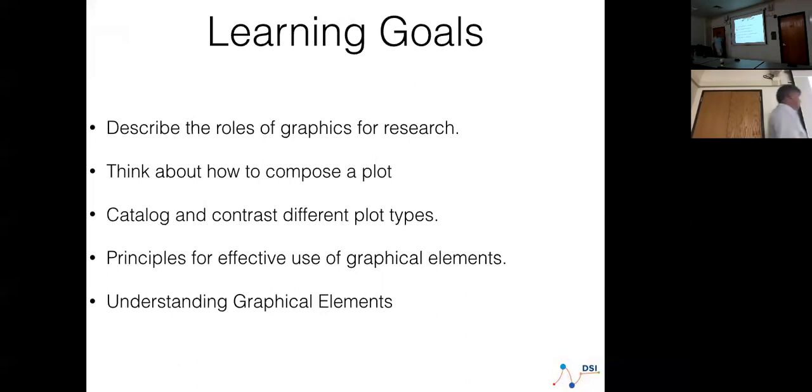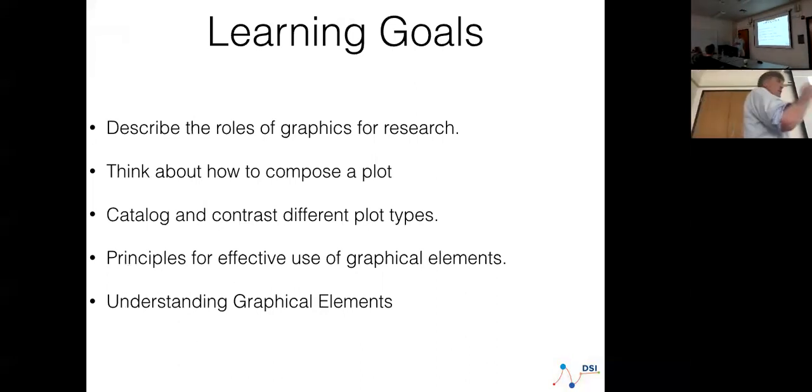I want you to think about how to compose a plot, not how to create it, but how to compose it. If you have a piece of paper, draw it out and say, that's what it looks like, that's what I should implement. When we write software, that's what you should do. You should say, this is what I need to do, I've broken it down into tasks, I'll implement that now. Anyone who doesn't, I'm going to point fingers at myself too. I just start typing and go, I know what I'm going to do.